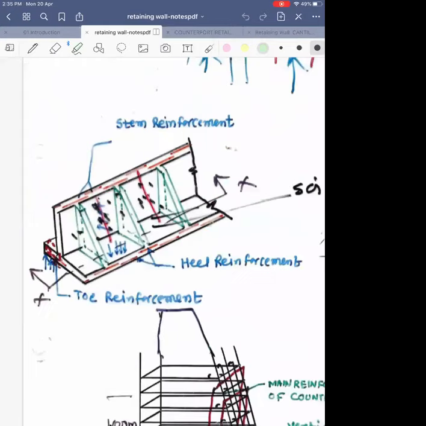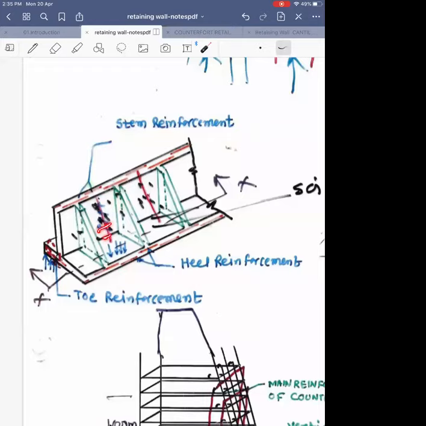See, we have already calculated the amount of reinforcement required for upright slab, and we already know that at midspan we need reinforcement on outer face in the form of horizontal bar like this on outer face, and near support we need reinforcement on inner face. We have already calculated the amount of steel required and spacing at bottom and also at 5 meter, and it is calculated for 1 meter height.